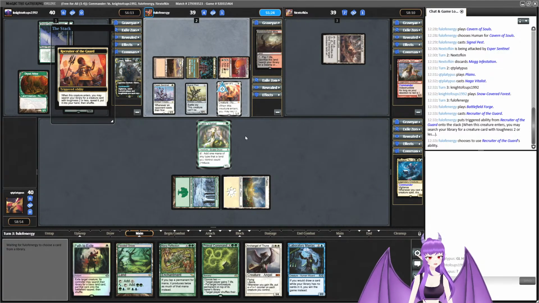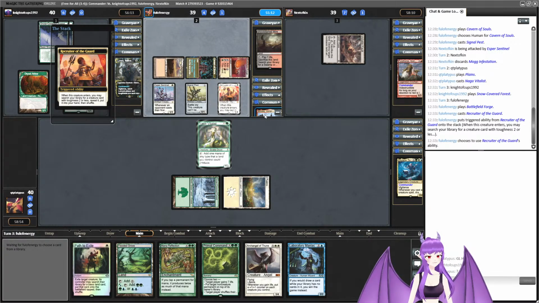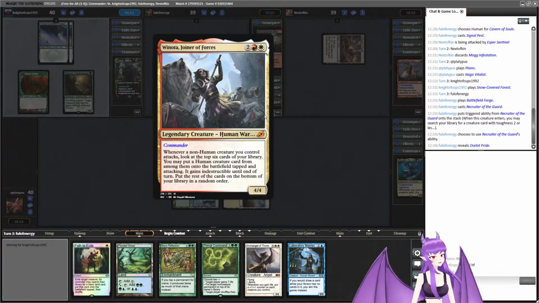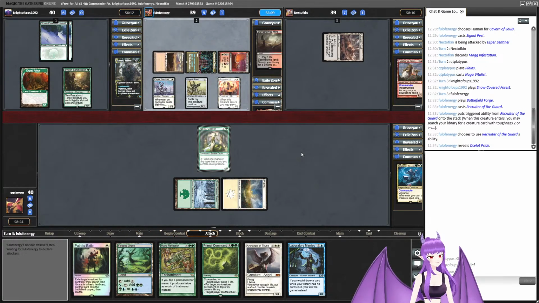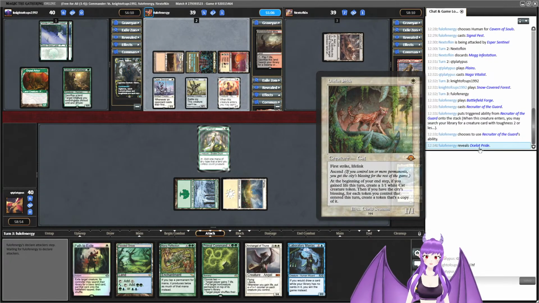Because often these Winona decks are very toolboxy, or can be even combo-ish. Oxalot Pro. Okay,